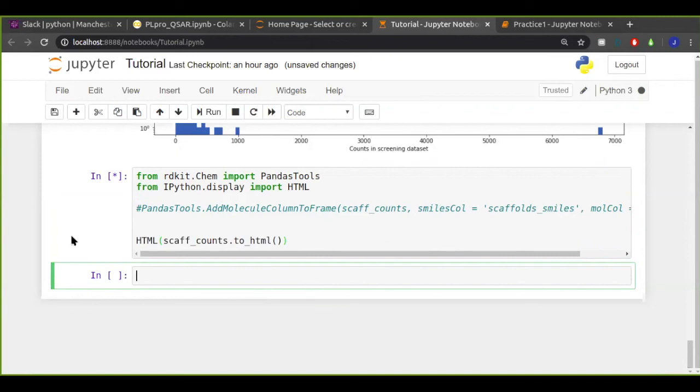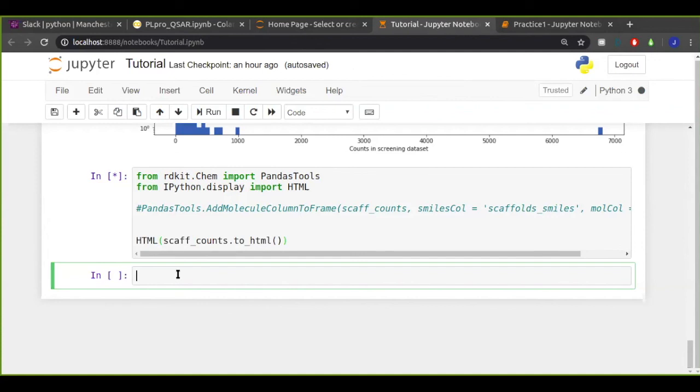So that was a little tangent that I made from the true objective, which was to filter out molecules whose scaffold occurs only once in the data set.